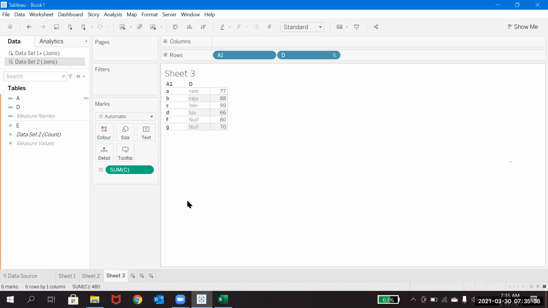There may be a different situation where you take two or three individual data sets and work on your visualizations, and at the end you would like to showcase the summary using all three data sets.